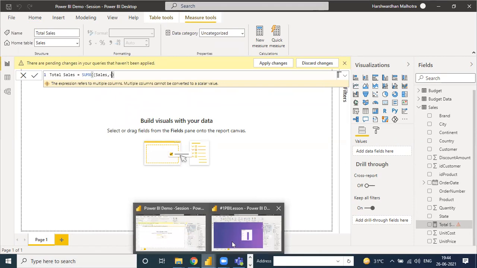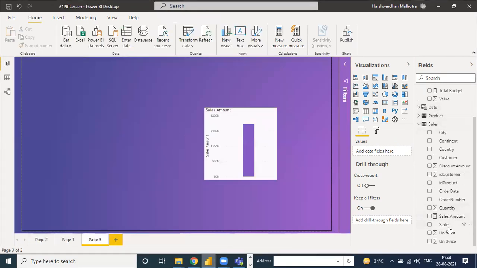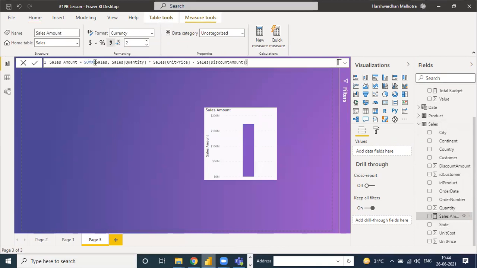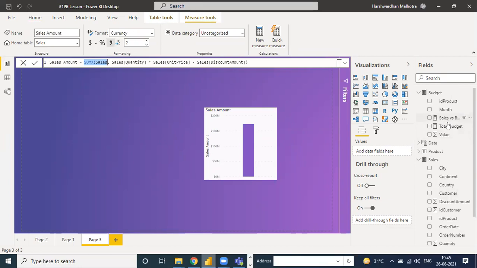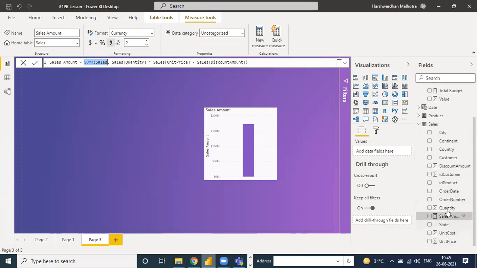Let me think here. This is the same formula we use here: sales quantity and sales unit price, because unit cost is not there, and minus sales discount. See, this is the option here, sales discount, the discount amount.